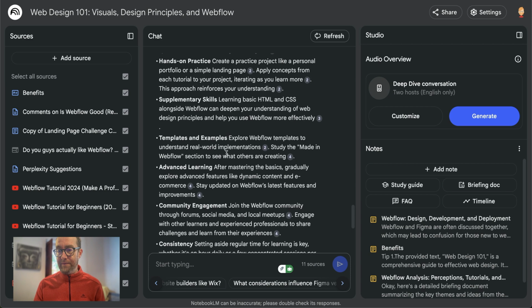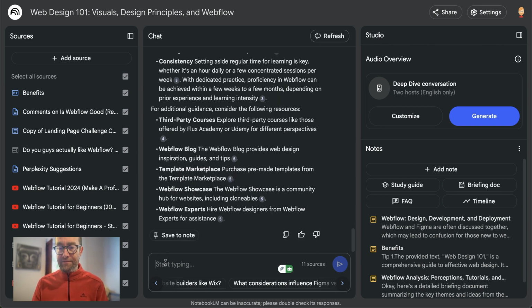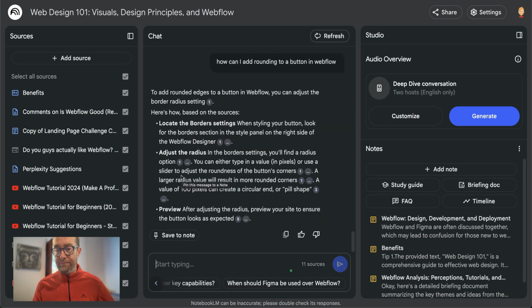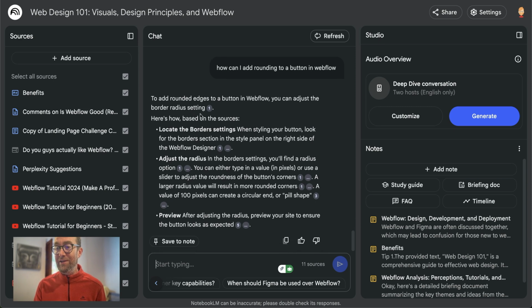And it will give you the suggestions based on what you've asked here. So let's ask something else. How can I add rounding to a button in Webflow? And so it's gone through all of this material, and here's how to add rounded edges to a button in